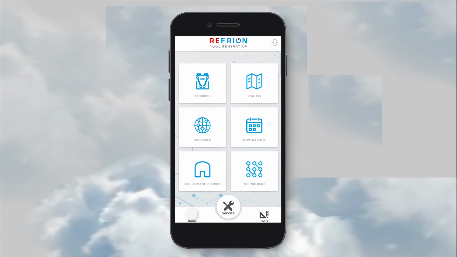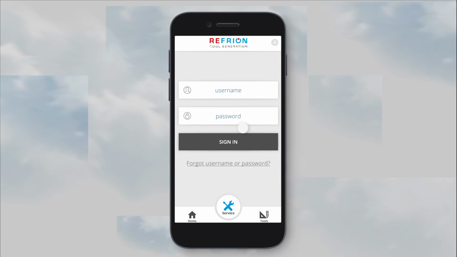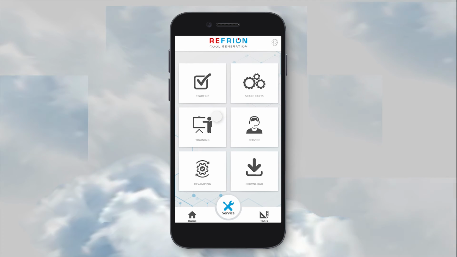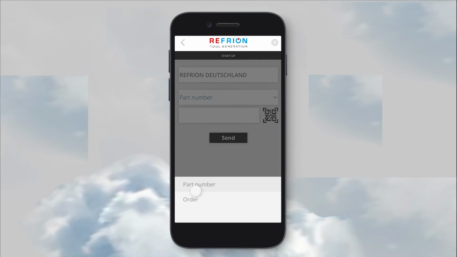The third and most interesting section of the app is about service. By logging in using your personal credentials, you will have access to a variety of services which you can inquire directly to the Refrion service department. For example, you can request technical assistance during a startup,